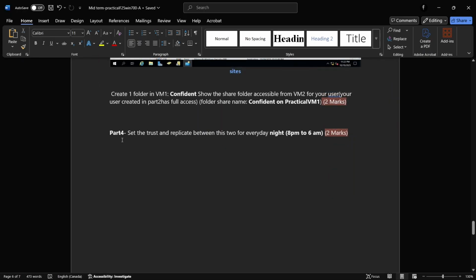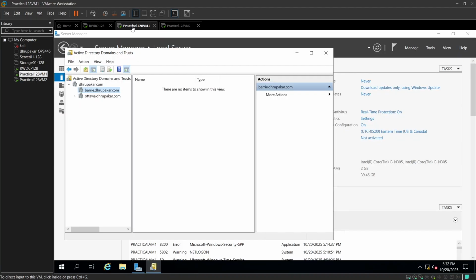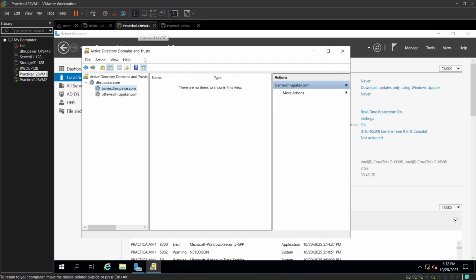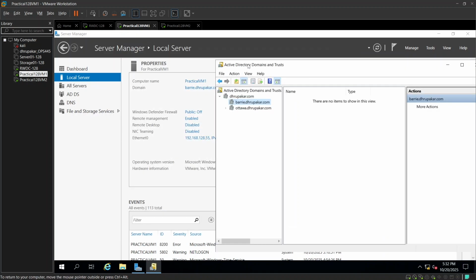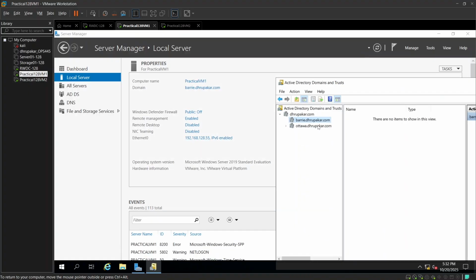Okay, so now let's move on to part four. For part four, we need to set a trust between our Barrie and Ottawa machine and then replicate between these two for every day night, 8 p.m. to 6 a.m. So let me go and show you the trust. So this is my practical 128 VM, which has barrie.dhrupakar.com. So you can see over here, if I right click on here, properties,